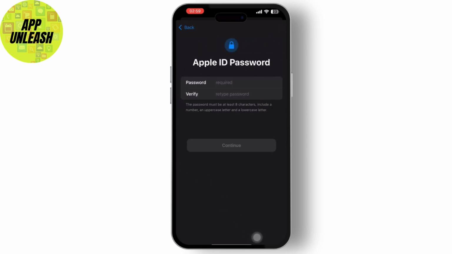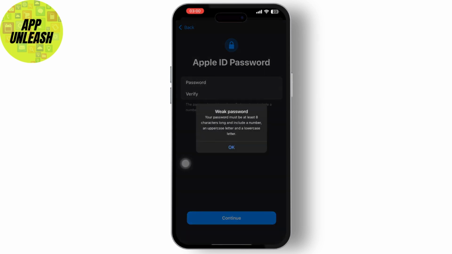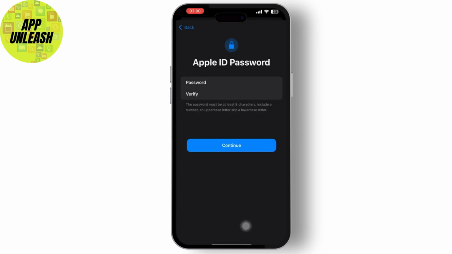Now all you have to do is enter the password and verify the password. Make sure to use a difficult password and continue with the process again. So here you can see I have used a weak password, so Apple is asking me to enter it again. So after you enter the password,